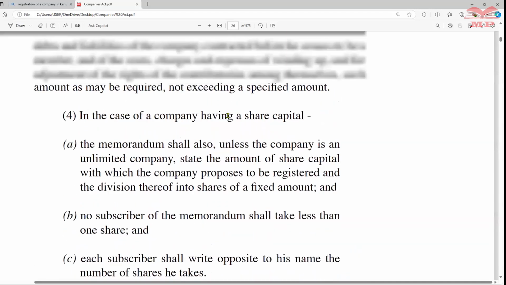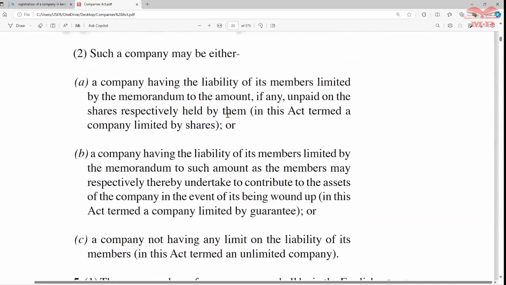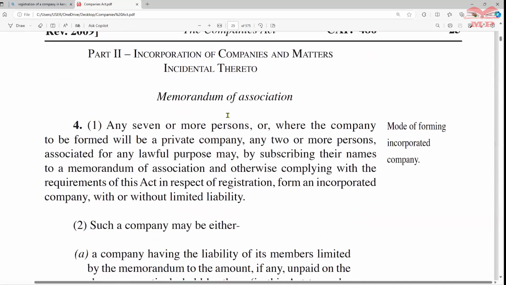And finally, that is Section 5. Section 4, in Part 2 of the Incorporation of Companies and Matters Incidental thereto, provides that any 7 or more persons, or where the company to be formed will be a private company, any 2 or more persons associated. So for a public company, as we discussed earlier, we'll need a minimum of 7. For a private company, a minimum of 2. You subscribe, the 7 of you, or the 2 of you in the instance of a private company, you subscribe your names into a Memorandum of Association,